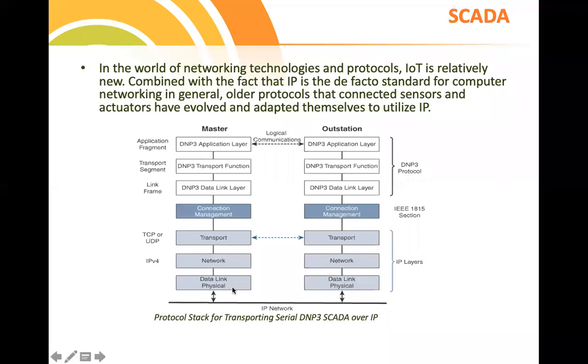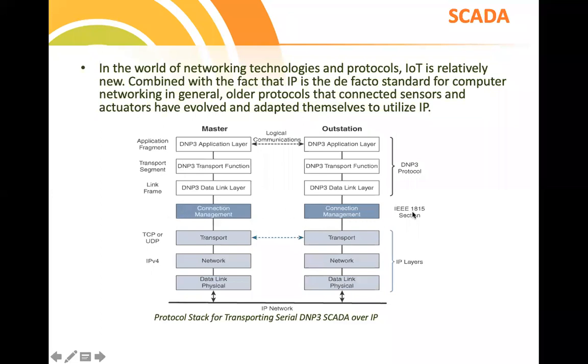So with respect to SCADA, we are clubbing 3 different types of protocols, nothing but a protocol stack, one on top of another. We have IP, Internet Protocol, IPv4, IPv6. We are very much familiar. We may go with TCP or UDP, no issues, anything is fine. Then we have something called connection management.